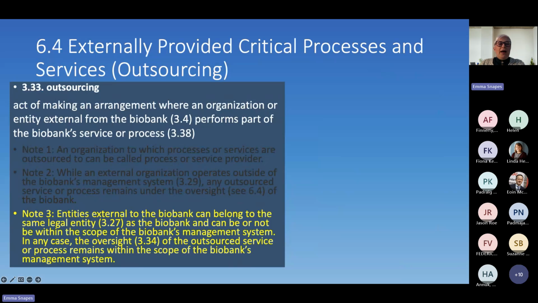So there are additional changes as well. I mentioned the term outsourcing has been added, and that is a parenthesis for the title of 6.4, externally provided critical processes and services. And critical, you might remember from your 2018 version of the document, has been defined and has had a new note added for clarity. So you might want to revert to that term to look at that,